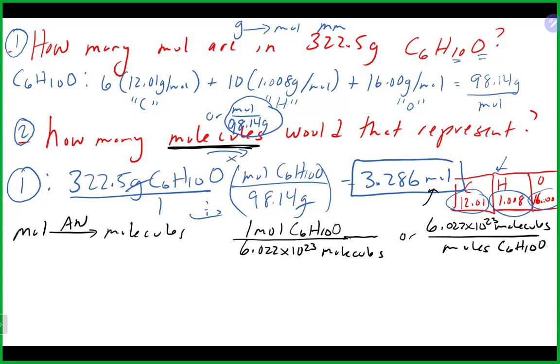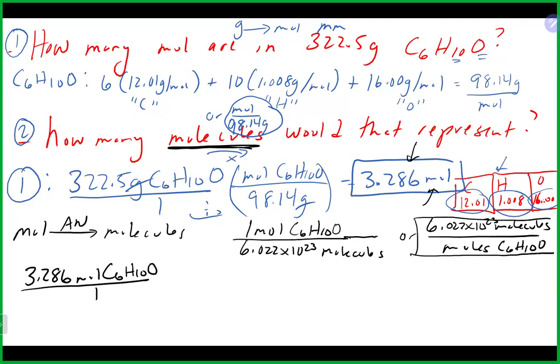So I'm just going to continue on with my answer from the first part, which is halfway through the calculation here. And we're going to go 3.286 moles of C6H10O. And once again, if it helps, you can put it over 1. That shows you moles are up on top, so we need it in the opposite location. So we are going to use the conversion factor like on the right here. And we will do